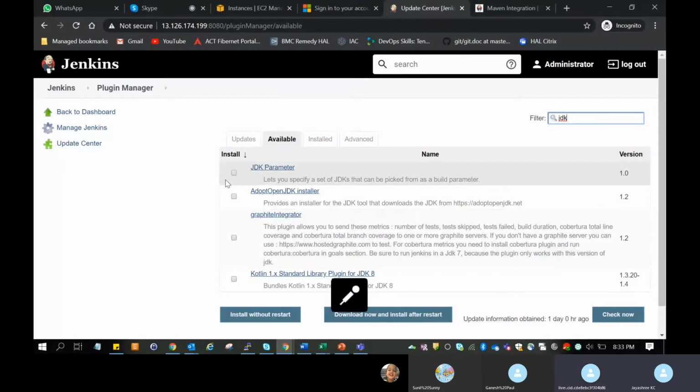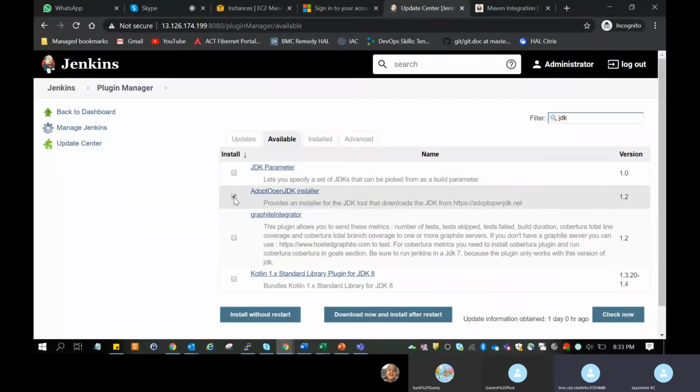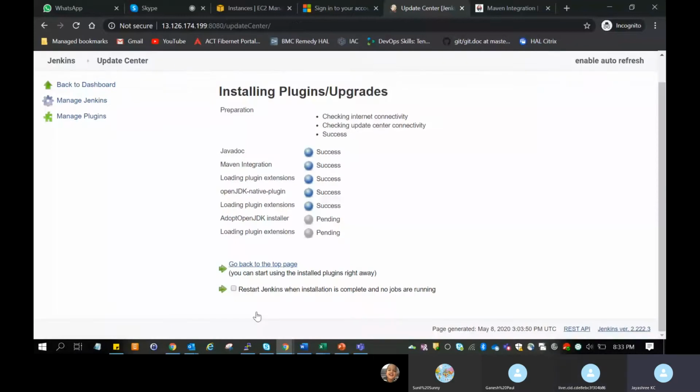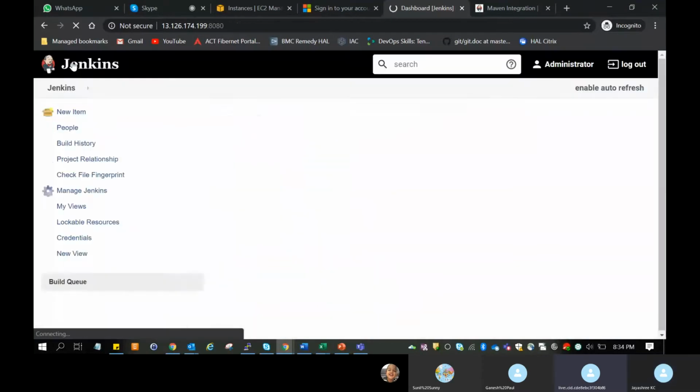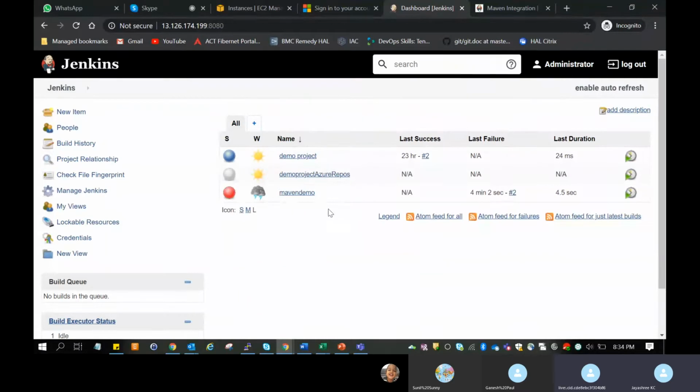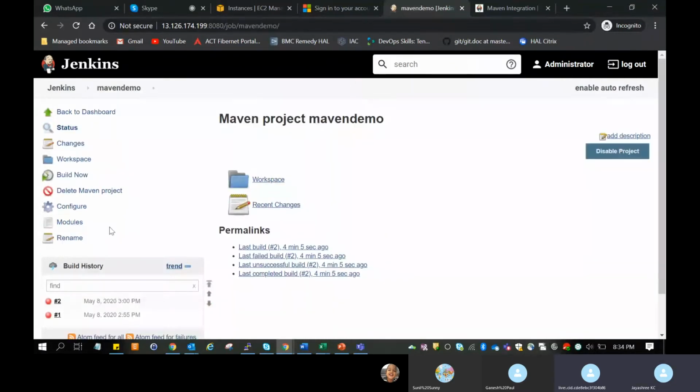Okay, which one? Adoptium OpenJDK installer. Okay. Go back. Go to configure.